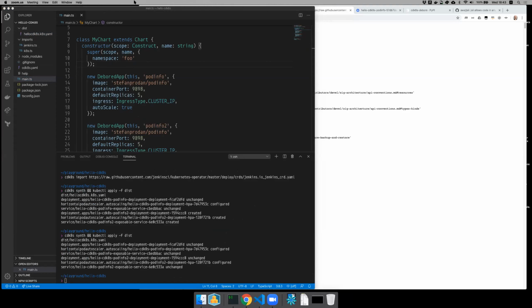Yeah. So this is what I actually showed right now. I showed how import works. I showed how to import a CRD. The CDK has this configuration file called cdk8s.yaml where you can also specify imports. So for example, I can add this one here, and then whenever I do cdk8s import, it'll automatically download the CRD and import it from that location. And I can also specify the Kubernetes version over here. So if I now do cdk8s import,